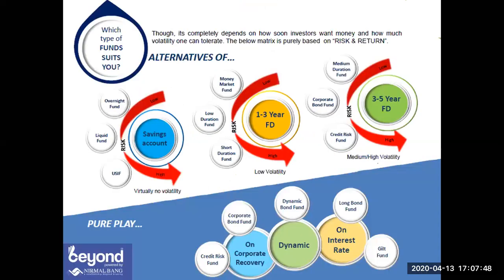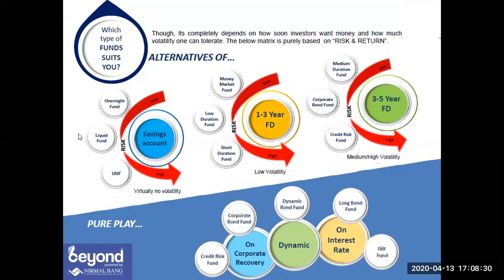So this is a very small pictorial form I have made to make you understand. Basically if you talk to the clients about the client's requirement, in debt mutual funds, even if any client comes looking for an alternative for a savings account, or an alternative for a fixed deposit, based on that and the risk and return parameters, I have very clearly clarified, based on the investment horizon as well, which product is suitable to which basket.